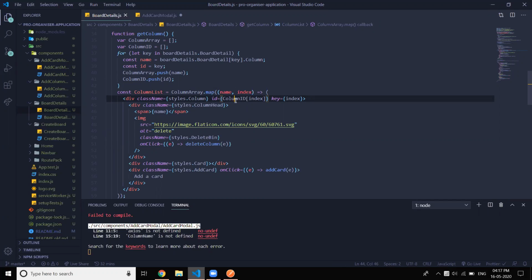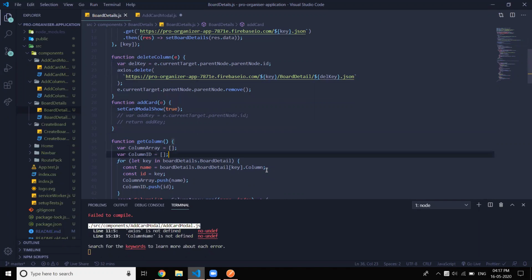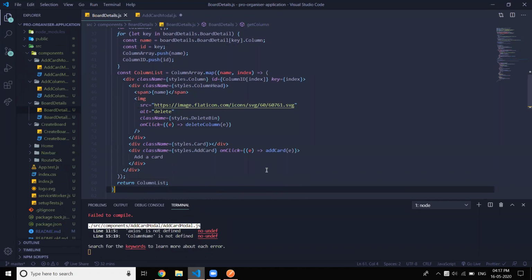And let us go back again to the card, add card button. On click button, we will get the event.